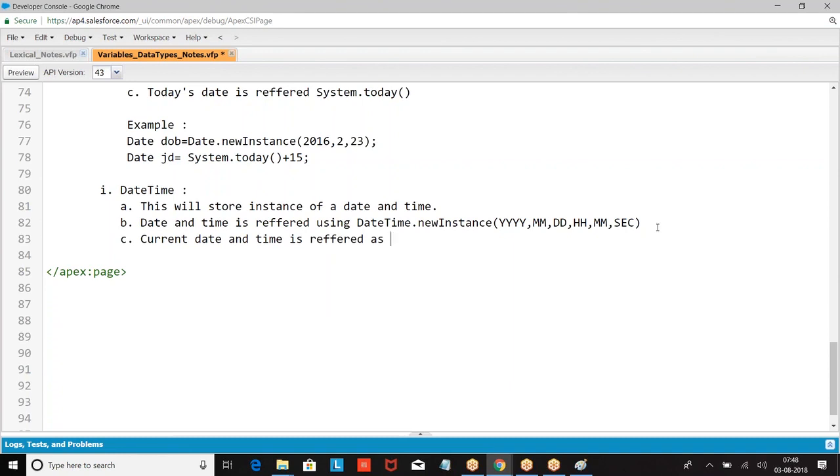Current date and time is referred as System.now.